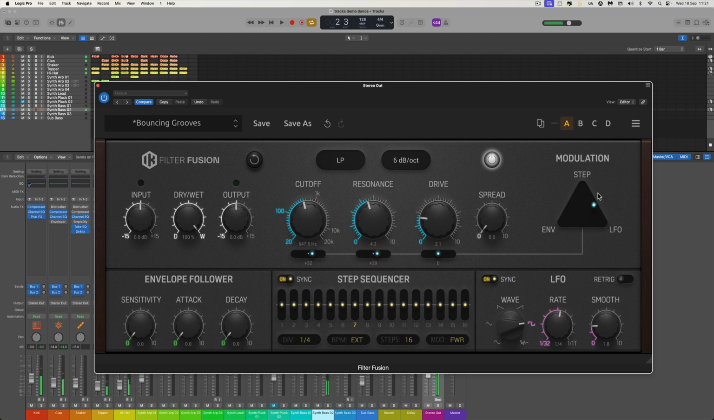If I push this over now to the step sequencer, I've got the step sequencer here. It again can have its own internal BPM or sync to the usual values. It can have up to 16 steps, and it can work in forward, backward, back and forth, or random. Okay, so I'll leave it in forward. And at the maximum 16 steps, if I put this to 16 division, then